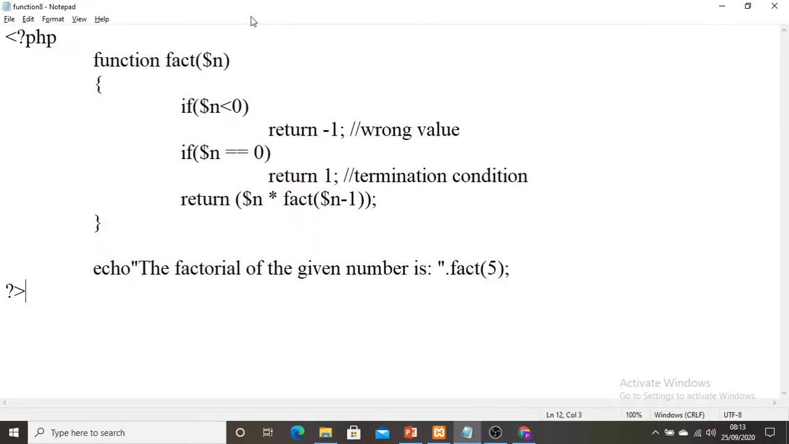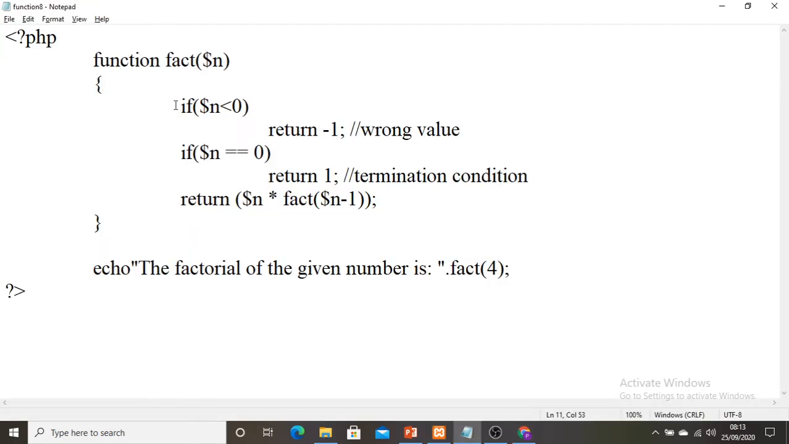So you can pass a different value here other than the 5, like 4 if you take. Then if you refresh, it will show 24. So 4 times 3 is 12, 12 times 2 is 24, 24 into 1 is again 24 only. So that is the factorial of the given number 4. Okay, right. So this was regarding the